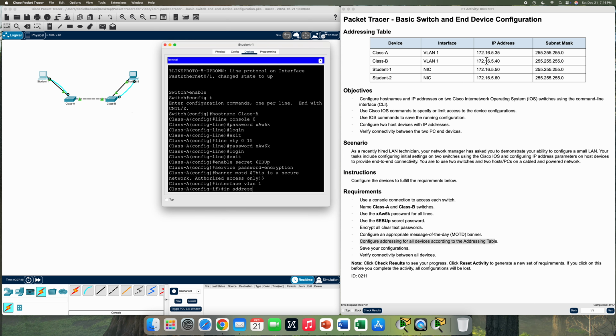So let's put this IP address in, 172.16.5.35